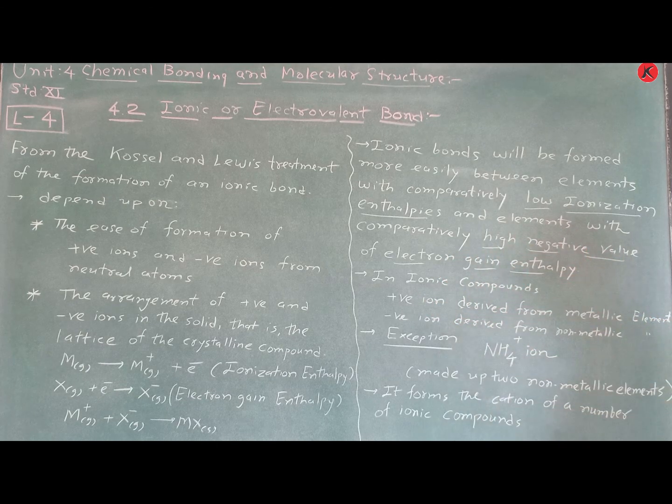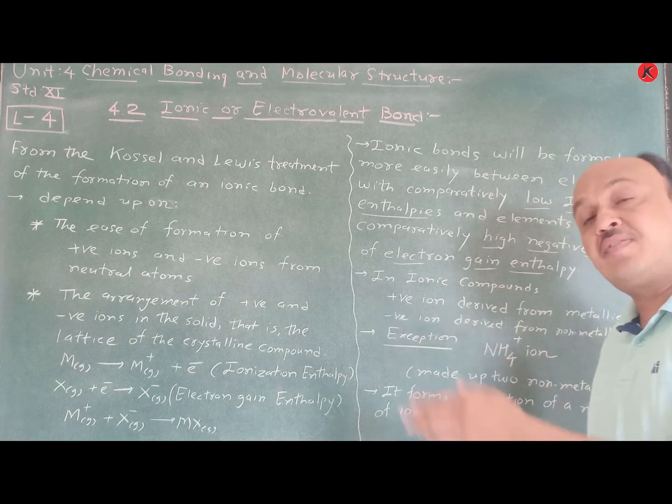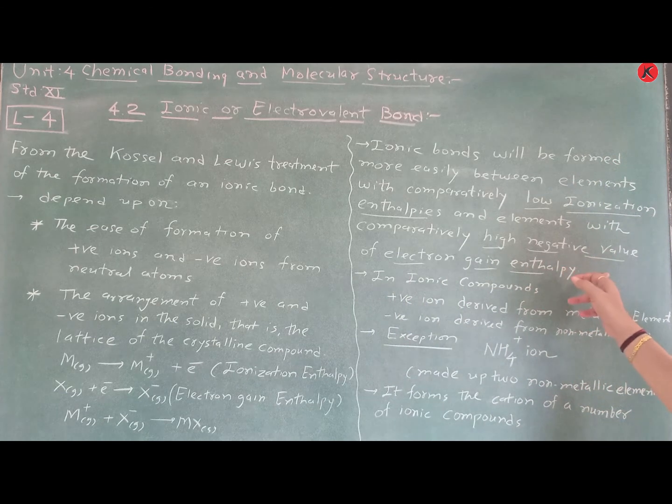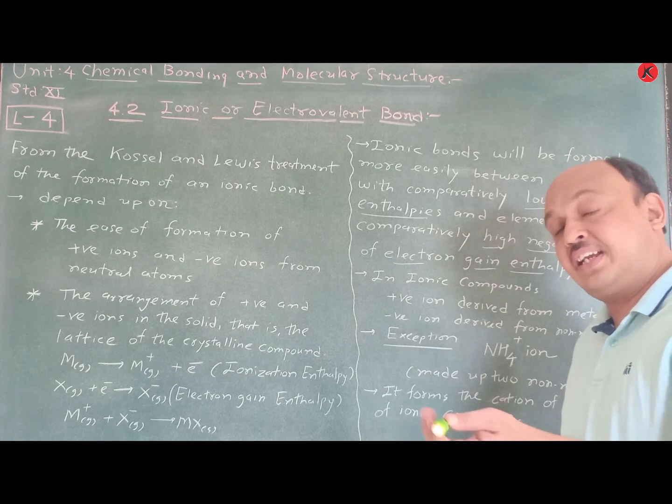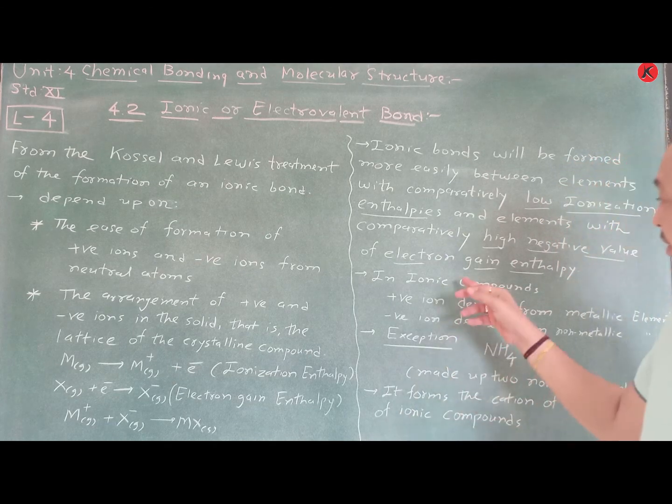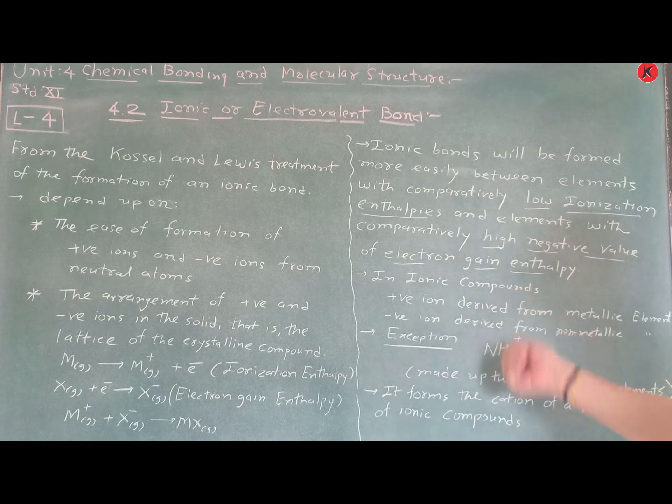So here is the low ionization enthalpy of sodium, because sodium releases one electron very easily, and in the same way the high negative value of electron gain enthalpy is of Cl. Cl can gain an electron very easily, and due to that it has a high negative value of electron gain enthalpy. Okay, so here in an ionic compound,